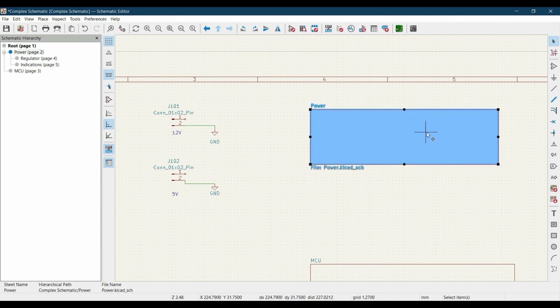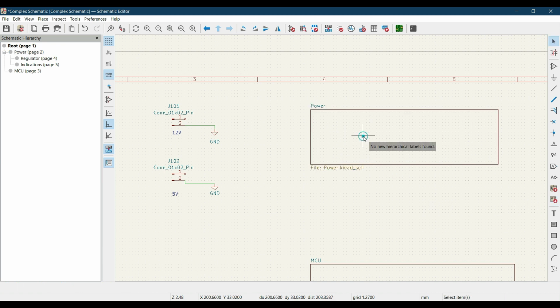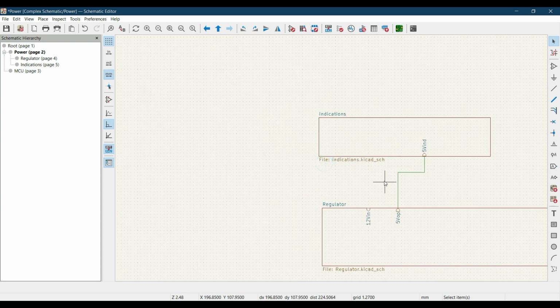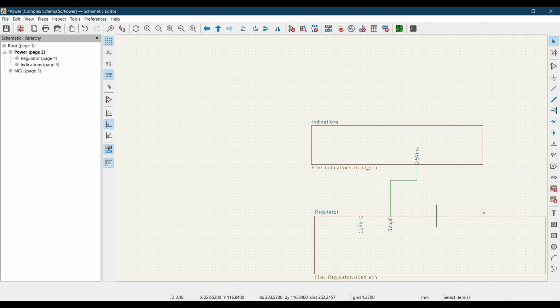So let's import hierarchical labels from the power pin. This will tell us that there are no labels, because let me just show you. Click over here on import hierarchical pins and click over. It says no new hierarchical label found, because we have not used any hierarchical label over here. So for using the hierarchical labels over here, what we need to do is place this hierarchical label